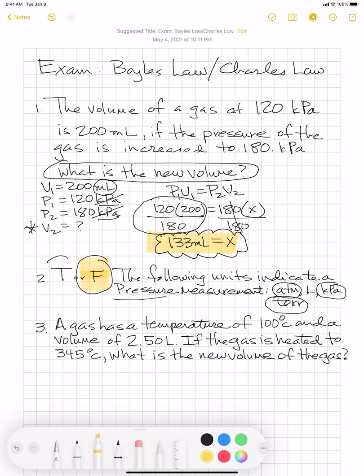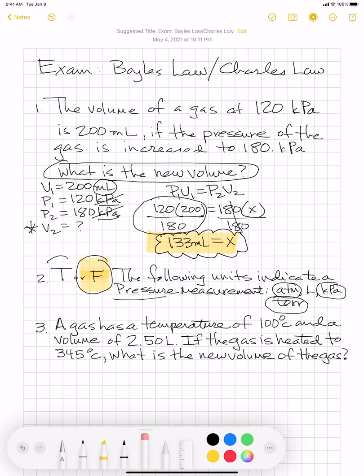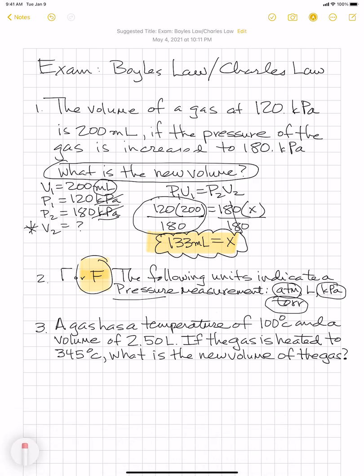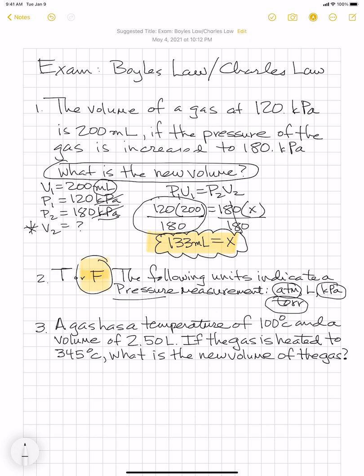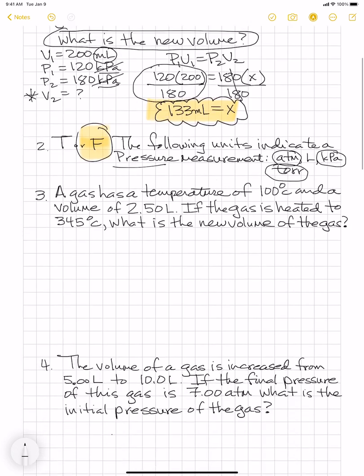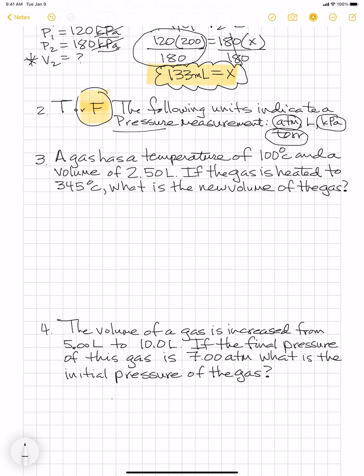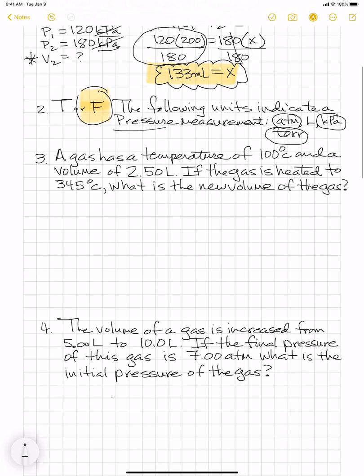There were a few students who got this one wrong, and I think that's because you went through it a little bit too quickly. Slow down on these true-false questions. They can be a little bit tricky. All right, let's go to the next one. Number 3. So a gas has a temperature of 100 degrees Celsius and a volume of 2.5 liters. You're going to heat the gas to 345. What's the new volume? So obviously this is going to be a Charles' Law problem